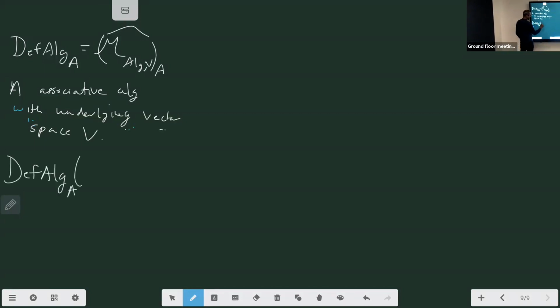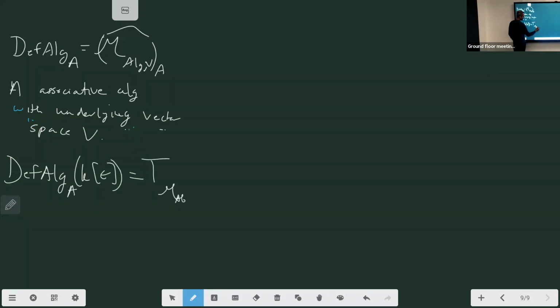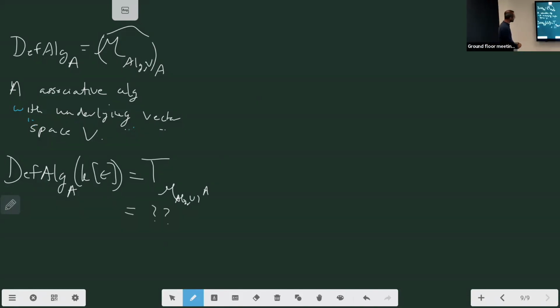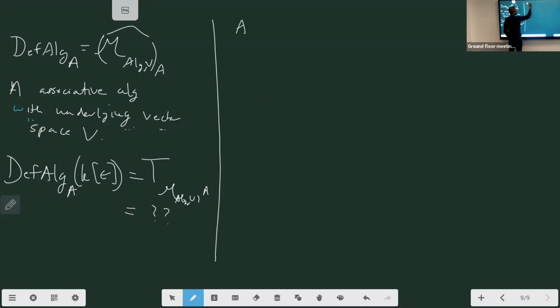A at K[epsilon], well, we know this is the tangent space of this moduli space of algebra structures on V at the point A. And what is this equal to? Right? So this is an exercise you can actually do very explicitly, because what is an algebra structure? An algebra structure is just a map. It's just a map mu_A from V tensor V to V, and an identity map from K to V, satisfying